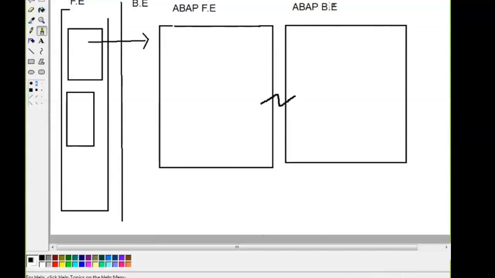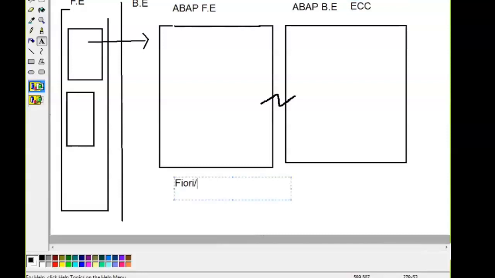Okay. The ABAP backend server is a general or a normal ECC. The ABAP front-end server is nothing but your Fiori system, or this has the browser-enabled capacity. That means browser means internet. Internet means net, NetWeaver. So you generally call them NetWeaver systems. It might be a loose terminology that I'm using, but for you to understand.